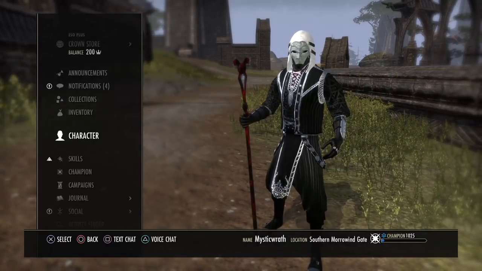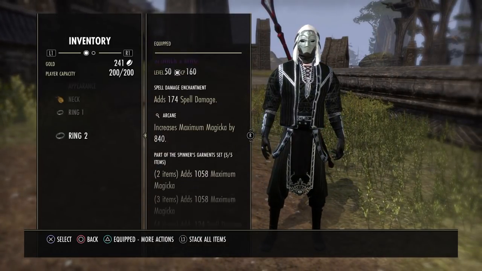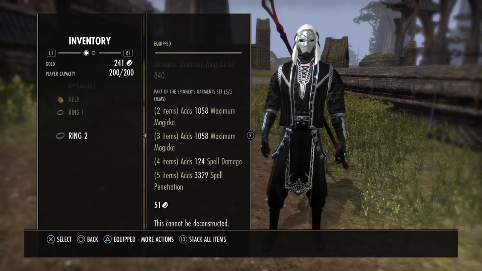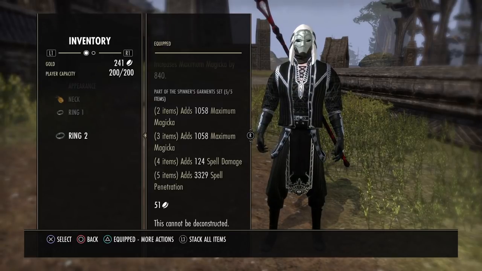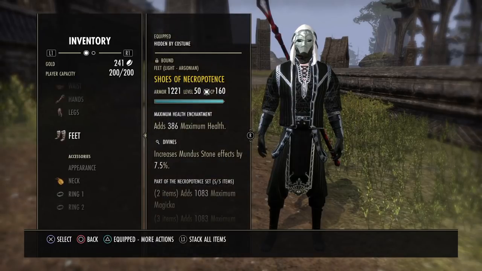All right, so let's get into the sets. We're going to be using Spinner's. Really good set, especially for Magplars. Really nice, especially in PvP. Why? That extra penetration comes in handy. It really does. Now, also we're going to be using...